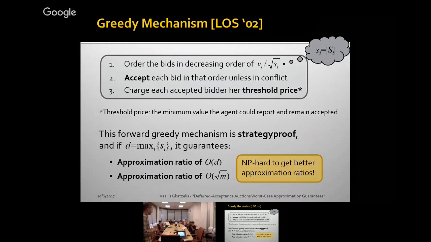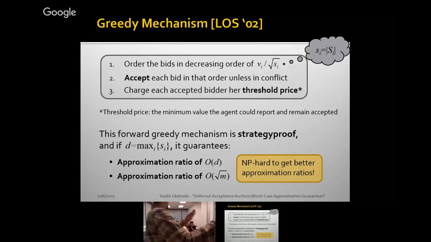So was that best approximation ratio known before LOS? And if so, there are matching hardness results. Did those come later, or was it already known? Oh, you're saying that we can achieve the approximation somehow? No, I think that was already known that we can achieve that approximation. And that was through a different algorithm? I believe so. Yeah, I believe it wasn't achieved by greedy, I think. This is a very simple algorithm that achieves the same approximation that you could ever hope for. So that was one of the fundamental papers in mechanism design, algorithmic mechanism design.